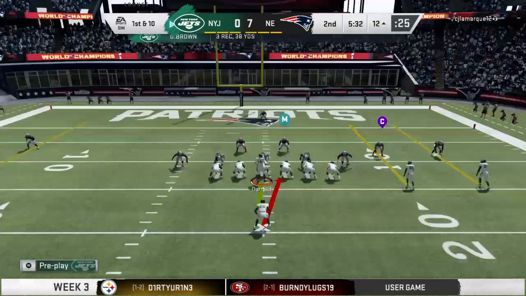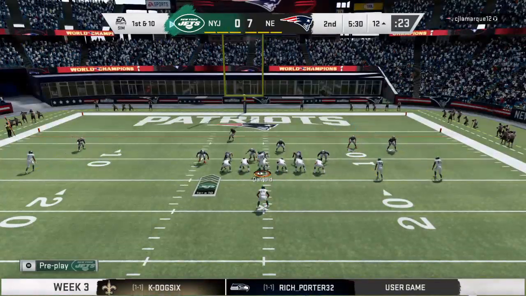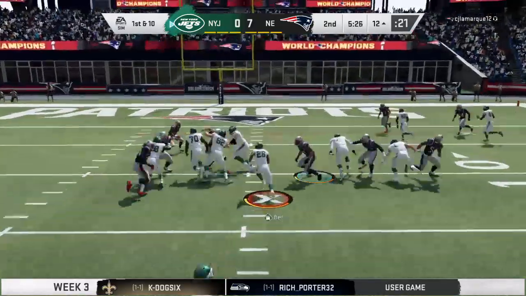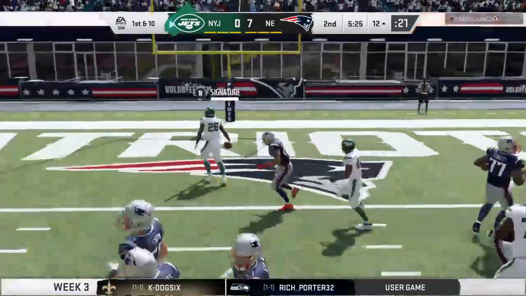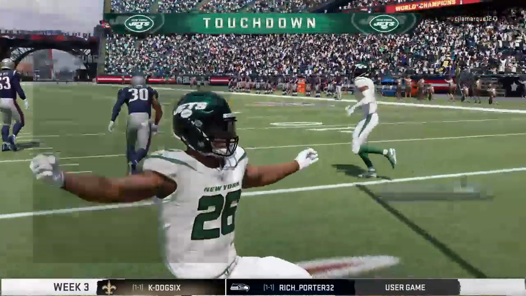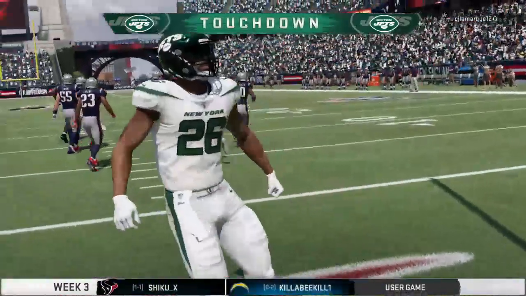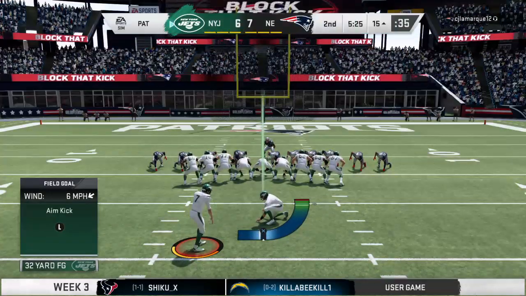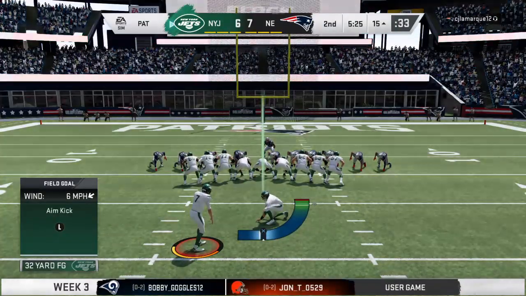When this offense can get their tight ends involved, they can move the football. Here, a nice route, able to look it in, and picks up the first down. On first down, Bell, and he's in. Touchdown, Jets. Le'Veon Bell, his third touchdown now on the year, as they are now on the board here in